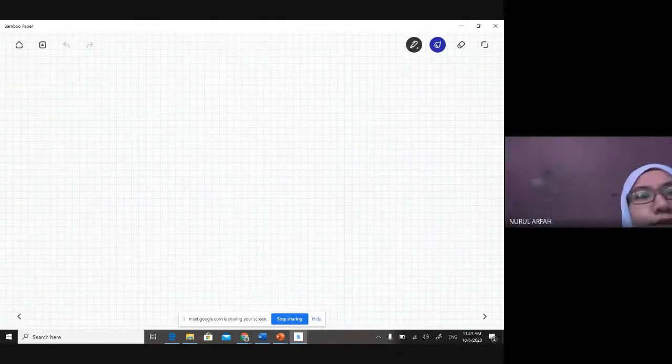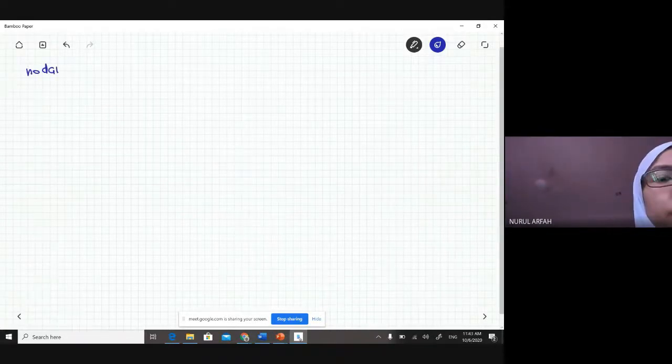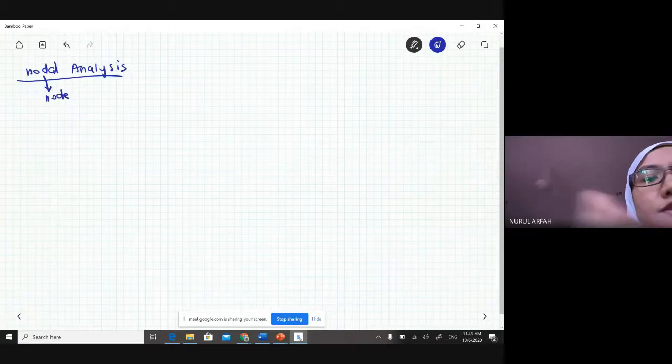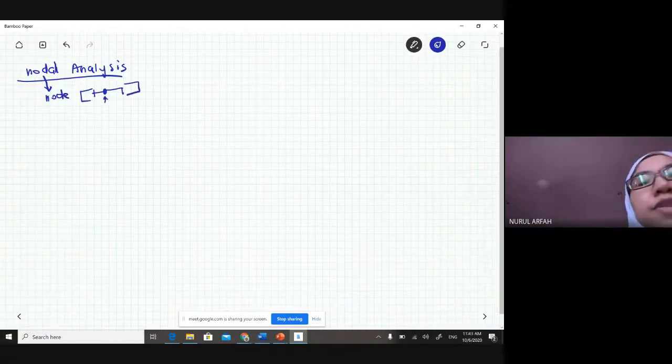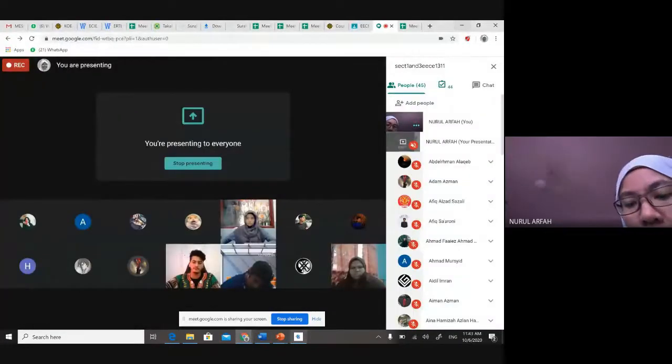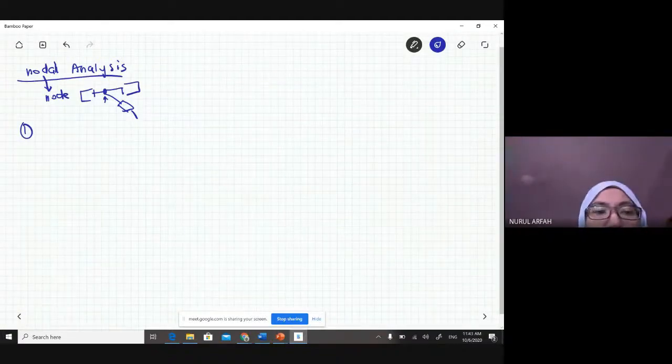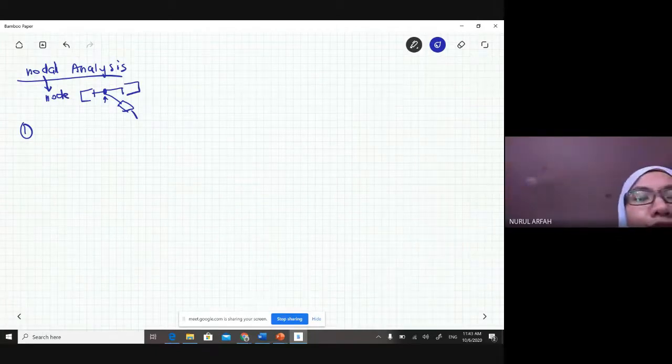Okay, nodal analysis. Nodal analysis, as the name tells you, is a node, right? Node. So you need to concentrate on the dot there. This particular point. Or we have another node. Okay, good. Right, first, if you were asked to use nodal analysis to answer the question, what should you do